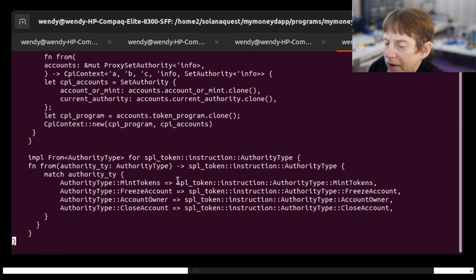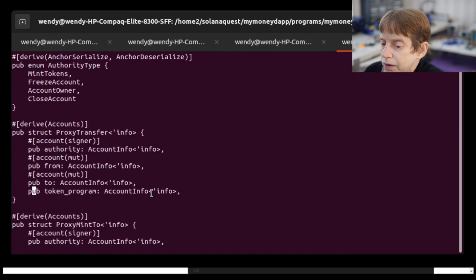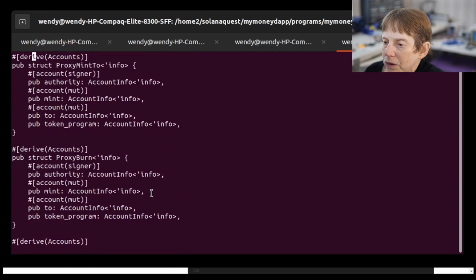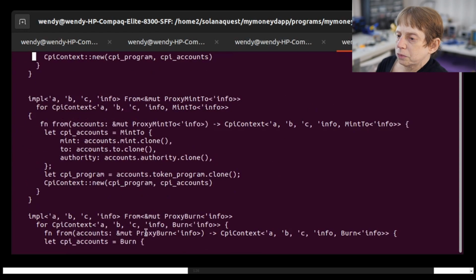And then we set the authority by setting the authority based on what one is asked. We're setting the authority to the definition in the enum. And that is what we're going to be doing. What we're going to be doing next time is